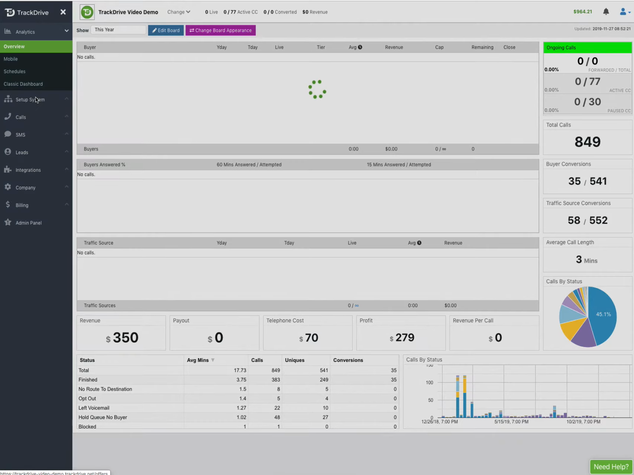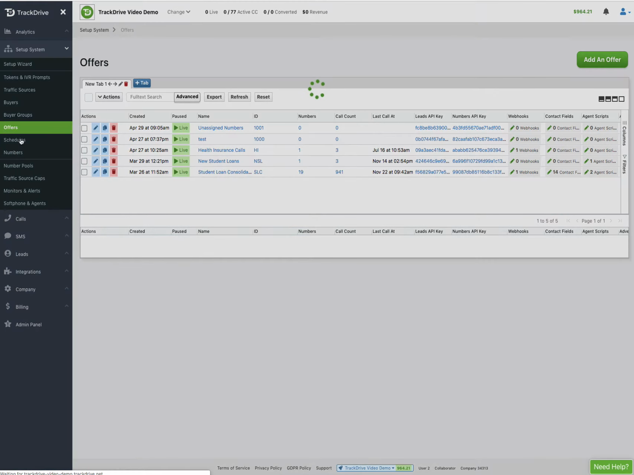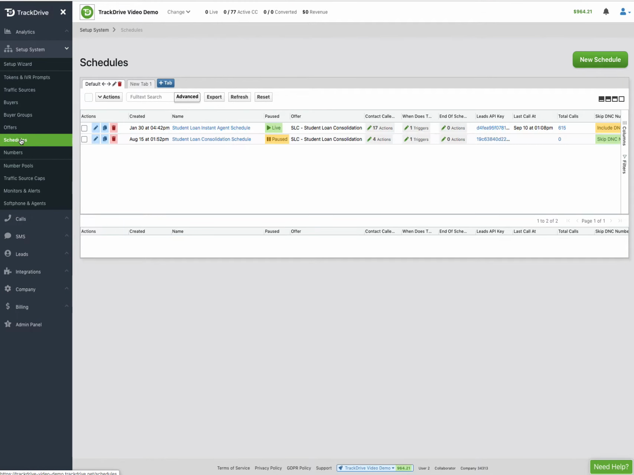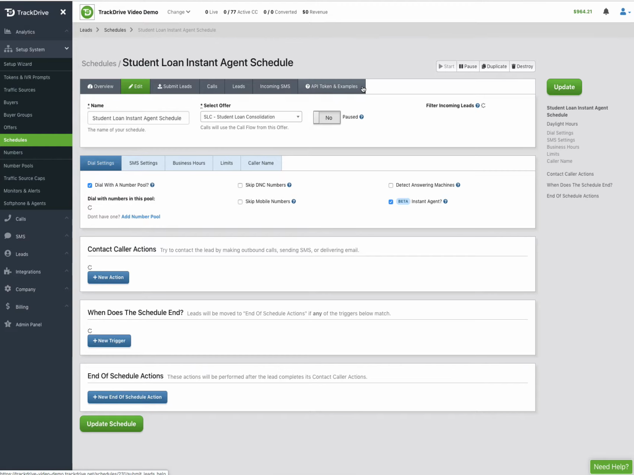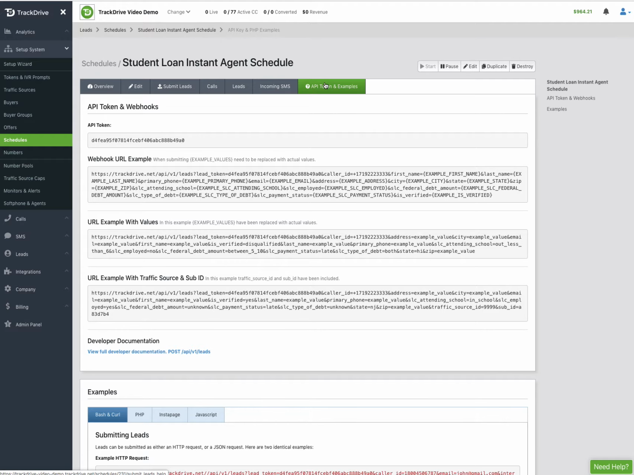Alright, so I can go to setup here to my schedules. And I'm going to click on the lead API key. If you don't see it, just click on columns and pick it so it will show up for you, or you can just edit the offer. Another way to get into this is go into the offer and go to the API tokens. Same thing. Now what I'm going to do is grab the front part of this here